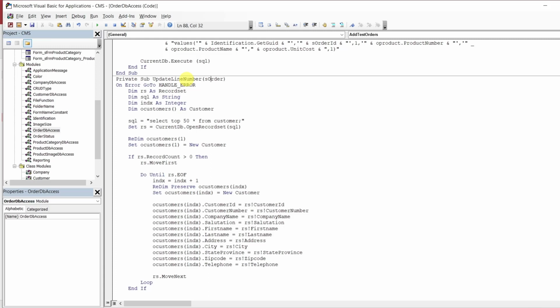Order ID as string, and then we want to go select order detail ID, line number from order detail temp where order ID equals